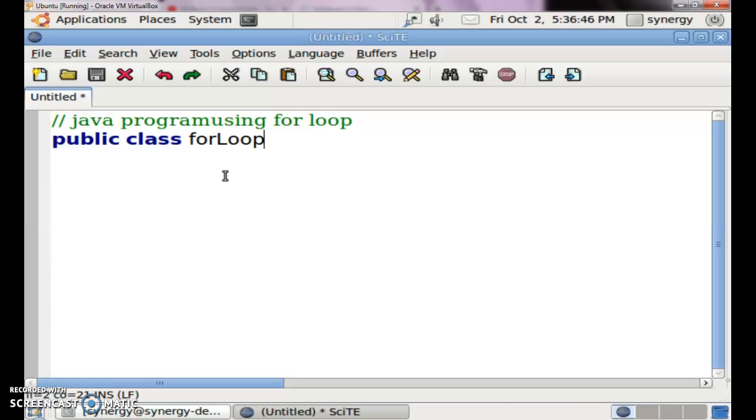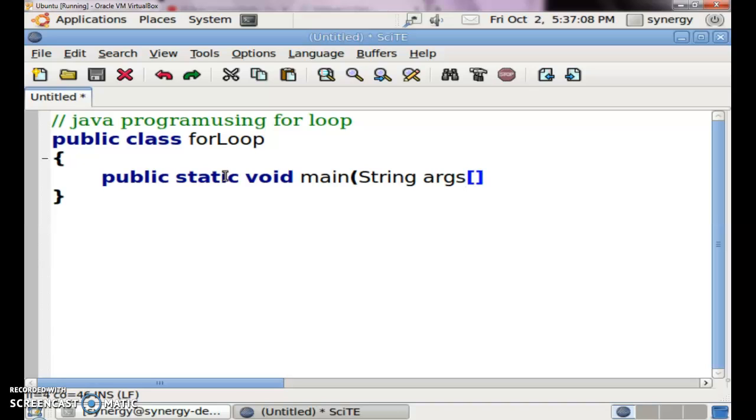for loop, then take two curly brackets, have a space, write public static void main, String with any argument,